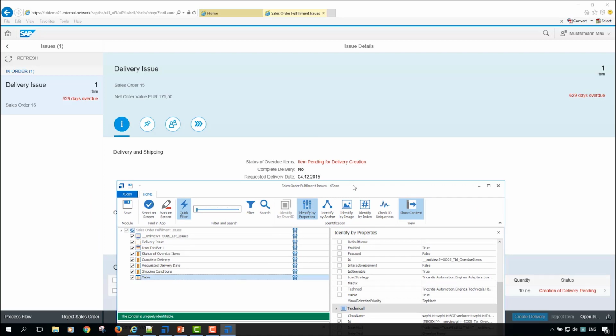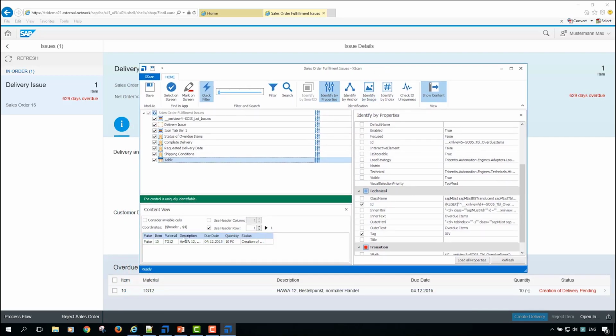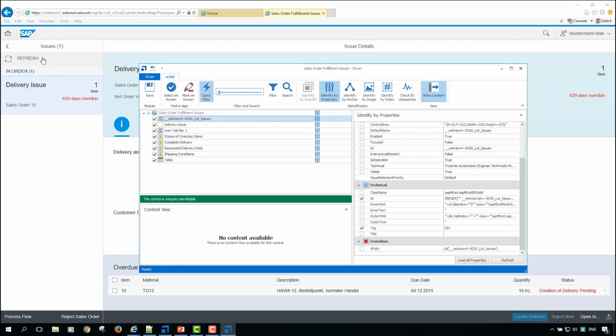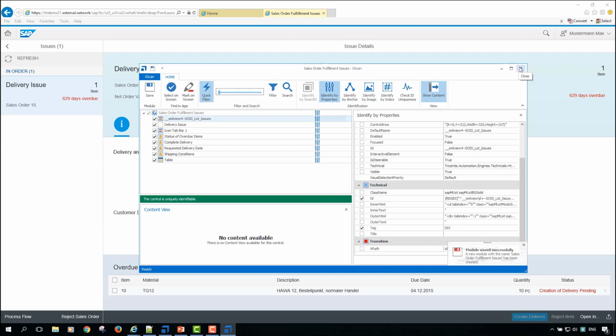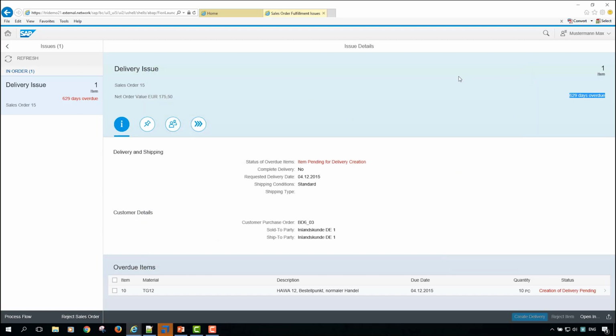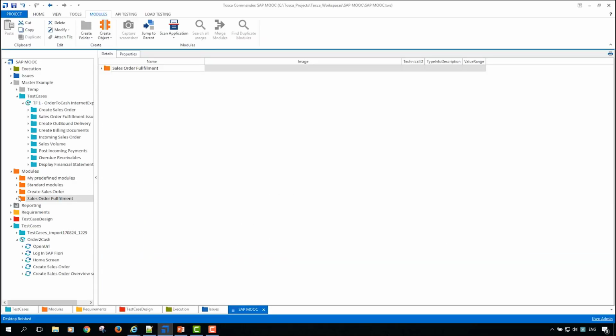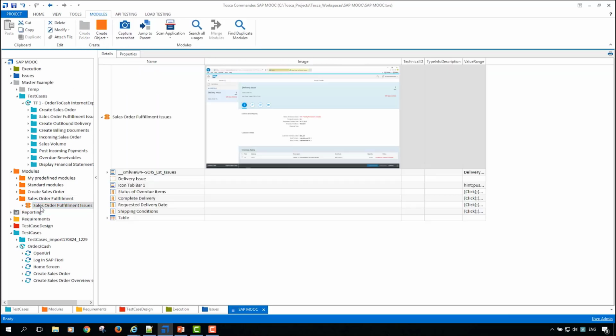Yeah, and the table is pretty simple. Once more, live view on a table. Yeah, it's a real table. So I'm fine. And here it's once more just a list of issues. So once I have created this module, I save it, and it is clear. Okay, so it's clear. I saved it, and here when I'm back in Tosca, you can find